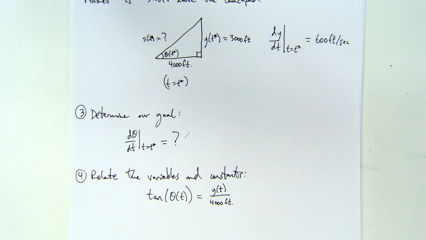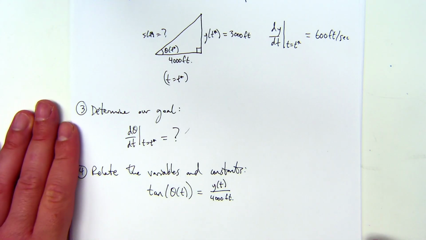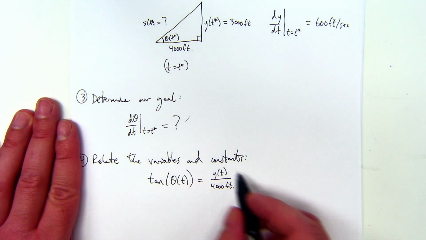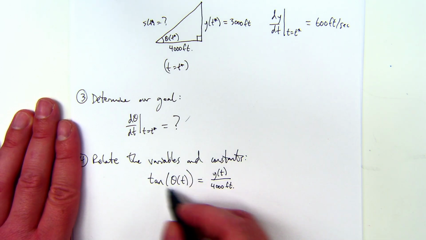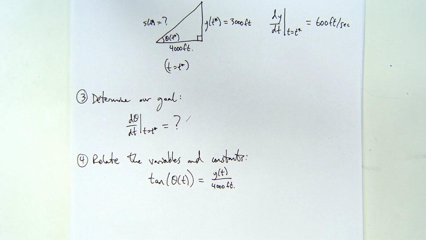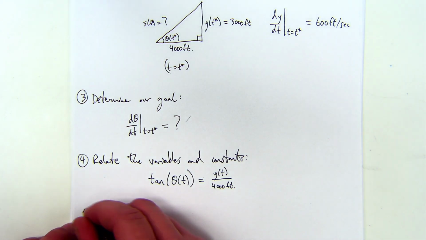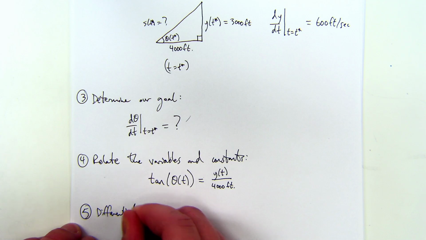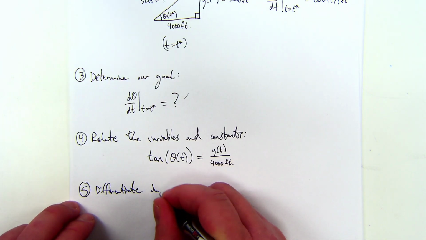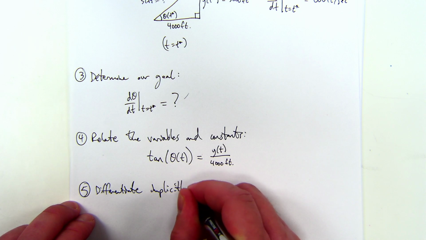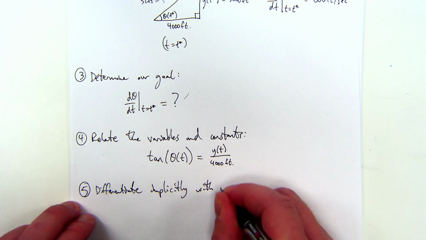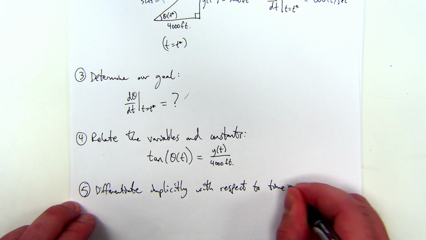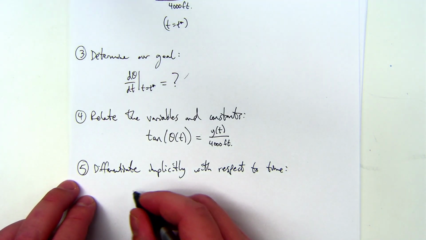Okay. So tangent of theta t is equal to y of t over 4,000 feet. And so considering this, now that we've got an equation relating our variables and constants, now we can differentiate this equation implicitly with respect to time. And what do we obtain? We obtain,